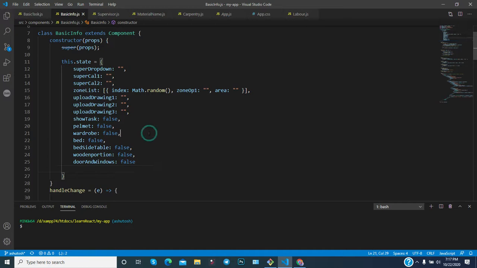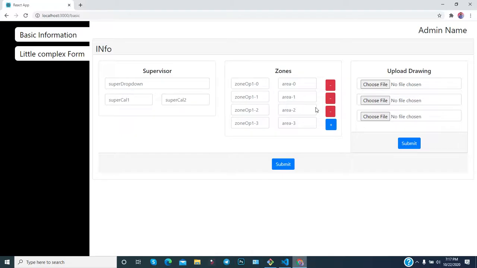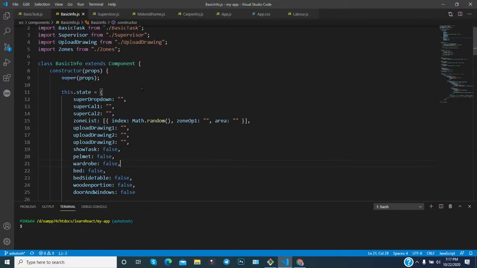So it will be very easy for you to manage all these things. Managing the component will be very easy, because this form looks complex. We have utilized the class component here. Whatever props you pass, however we have not passed any props, but if you pass any props, then you can collect them with the props keyword. In React, props and state are very popular, as you know. These two keywords you need to keep in mind.